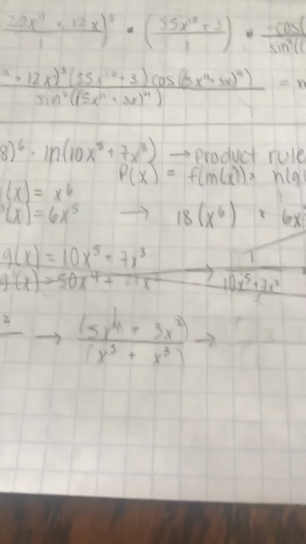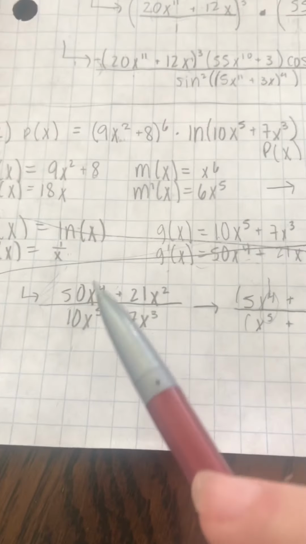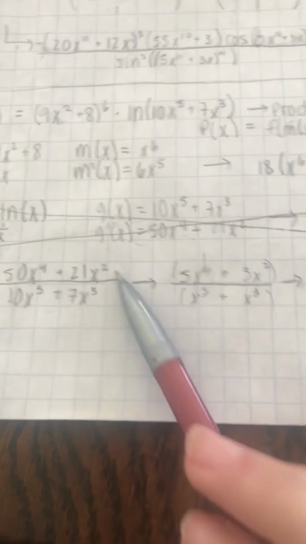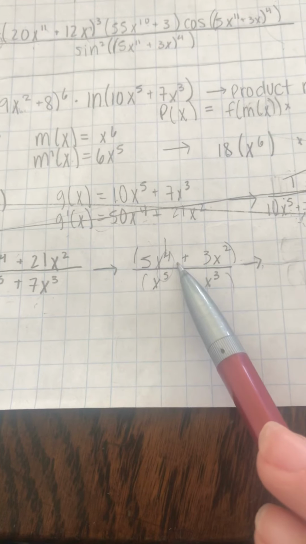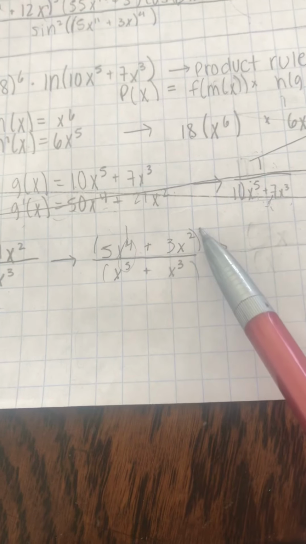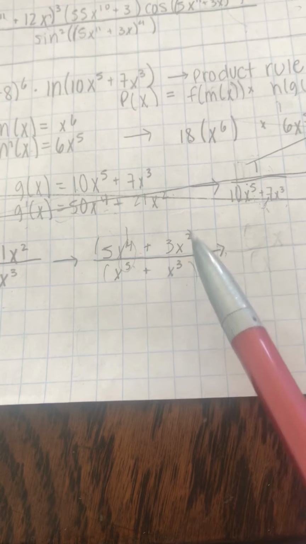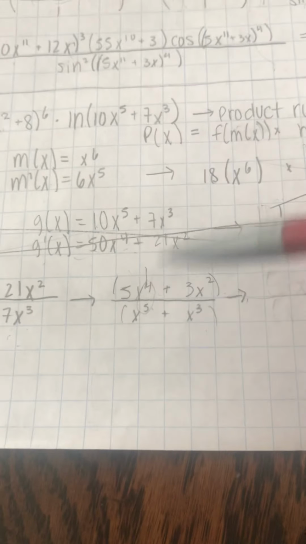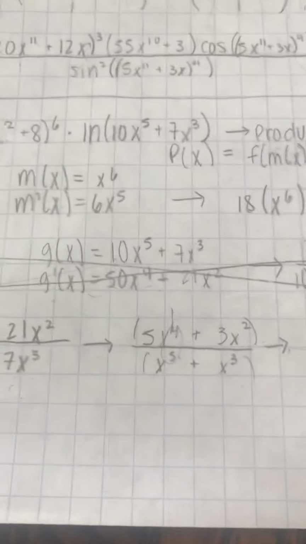Anyways, so what I was getting at there is that the 10 can divide out from here, and a 7 can divide out here, so I can have a 5x to the power 4, and then 3x to the power 2, or x to the power 5 plus x to the power 3. I put them in parentheses because, like I was saying before, I wanted to use an exponent quotient rule,